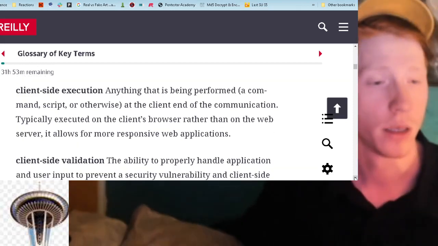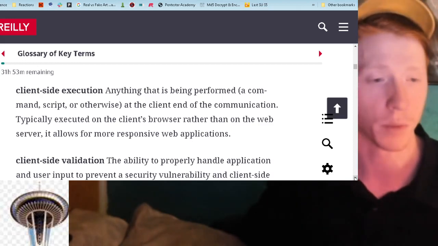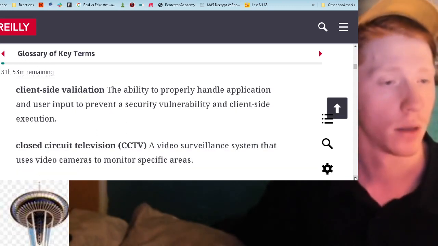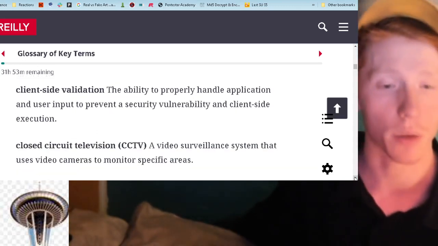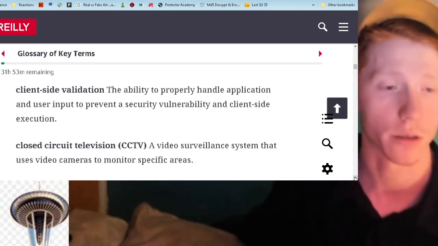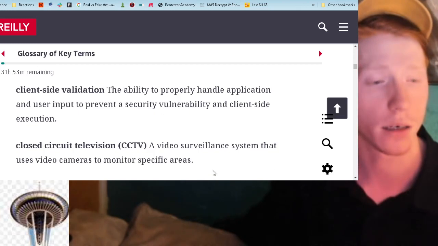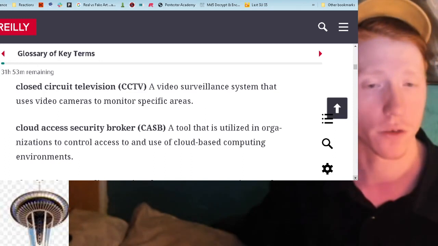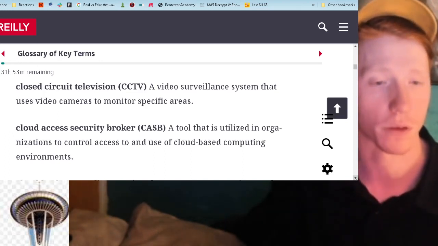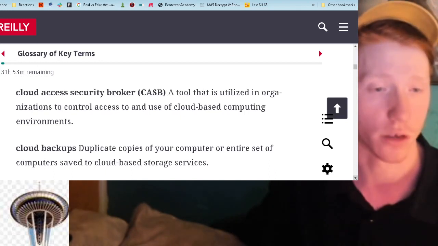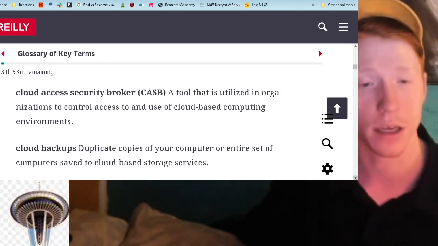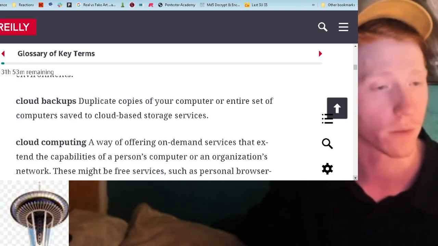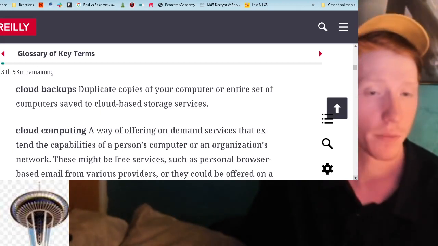Client-side execution, anything performed on the client end of the communication, usually on their browser. Client-side validation is the ability to properly handle application and user input to prevent a security vulnerability in client-side execution. Closed circuit television is a video surveillance system that uses cameras to monitor specific areas. Cloud Access Security Broker is a tool that's utilized in organizations to control access to and use of cloud-based computing environments. Cloud backups,